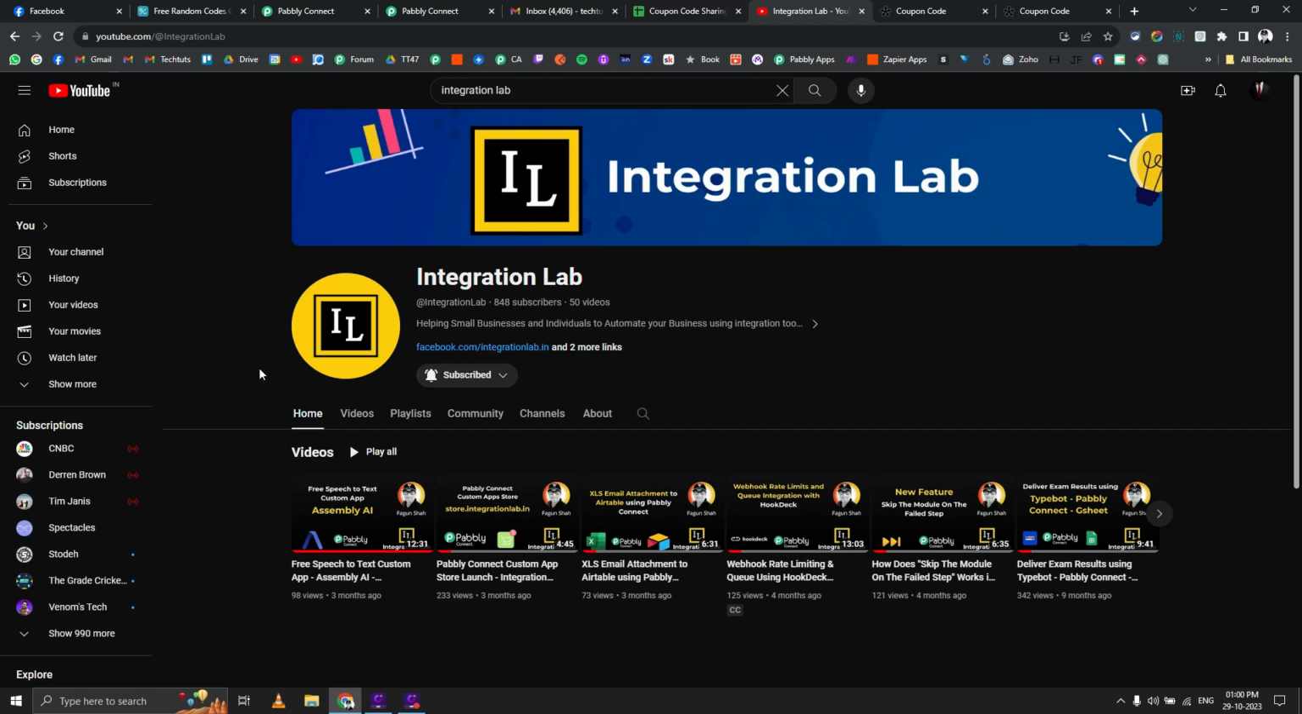So let's start with the use case. Today's use case is that whenever someone submits a form with their email address, we want to give them a special coupon code, or maybe some kind of ID, like a special ticket ID or something like that. I will explain the whole logic of that using a feature recently launched by the Pabbly team